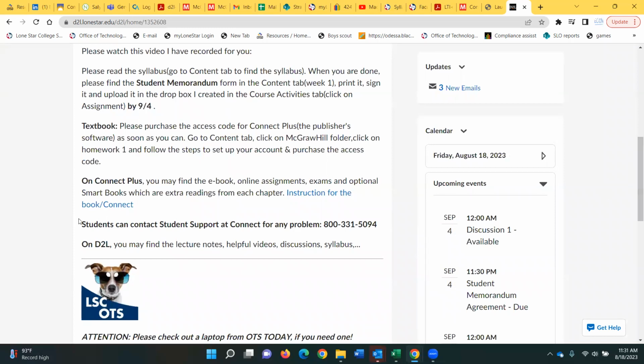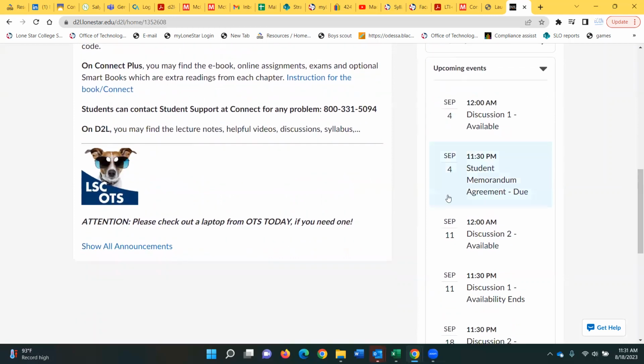One thing that I want to mention before I start talking about the syllabus: this is an online class, right? So you definitely need to have technologies. You definitely need to have a good laptop. So if you need a laptop, today is day one. Please go to our campus, go to Tech Building, and check out a laptop from our OTS office. They have tons of laptops, so you can definitely borrow one. And do not let technology hold you back,